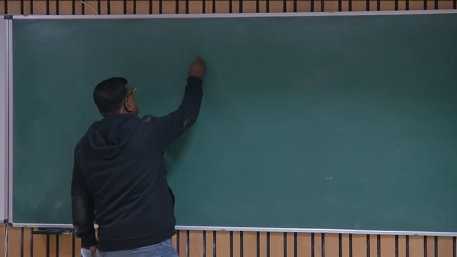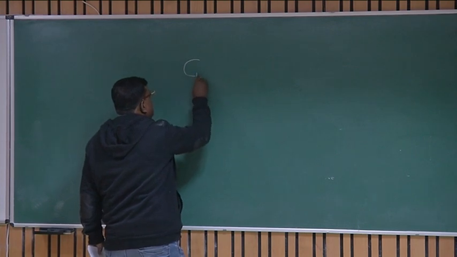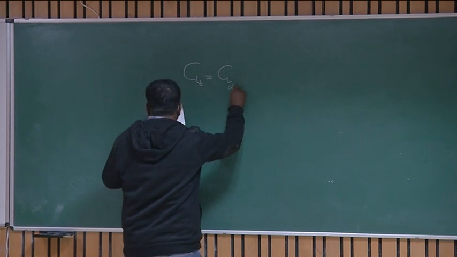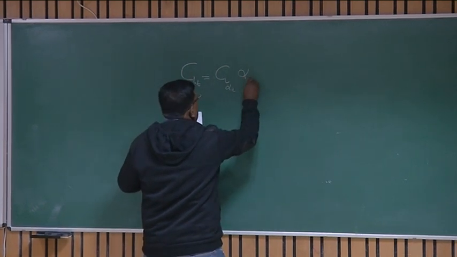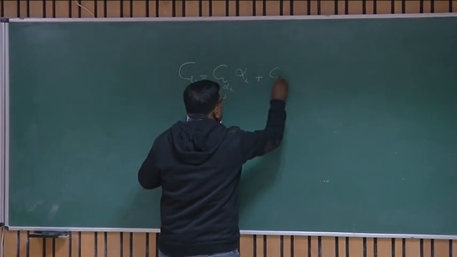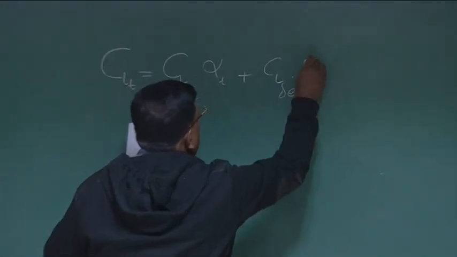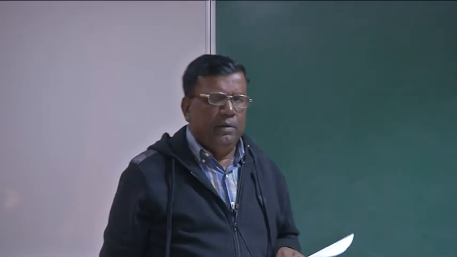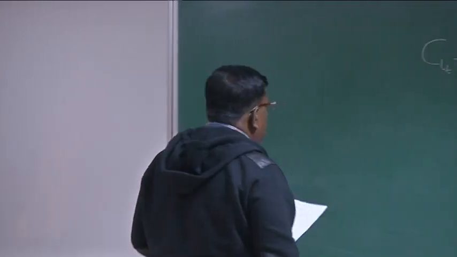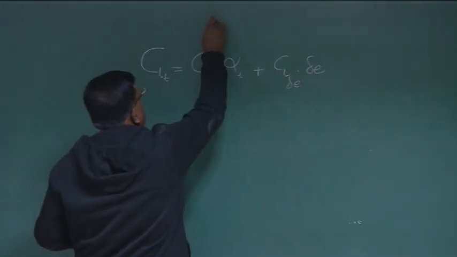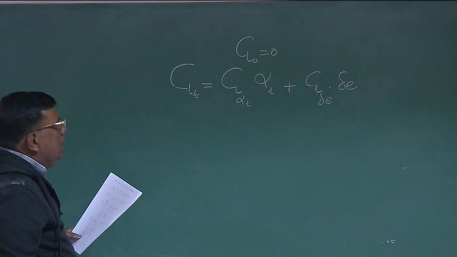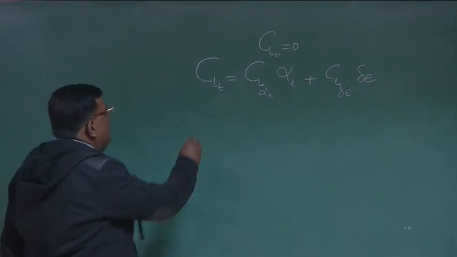Let us also go back. We have written this CLT will be what? CL alpha tail into alpha tail plus CL delta E into delta E. We are assuming that CL naught is 0, assuming things will be symmetric, aerofoil is symmetric. Now, we are assuming CL naught, let me write this, equal to 0. Now see, at trim,